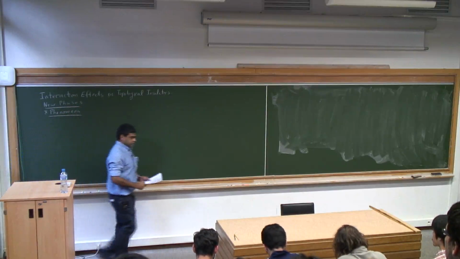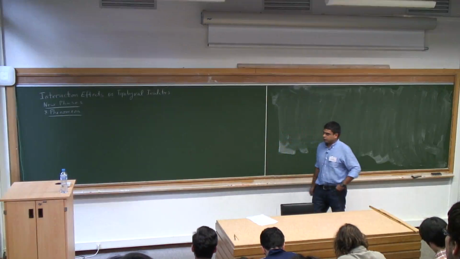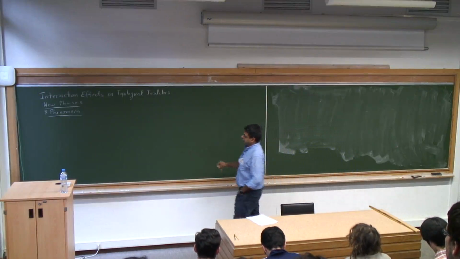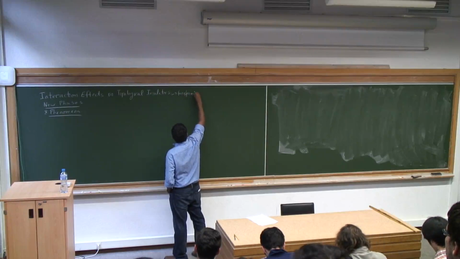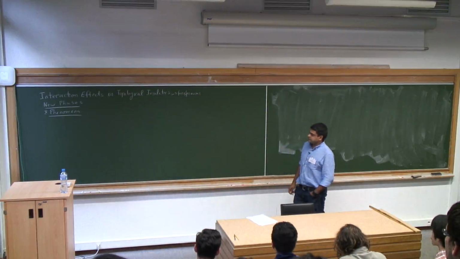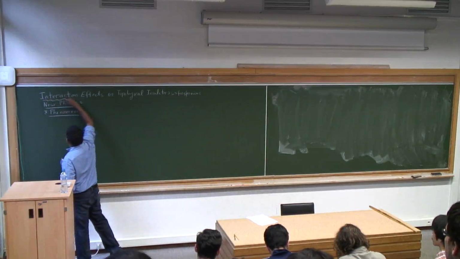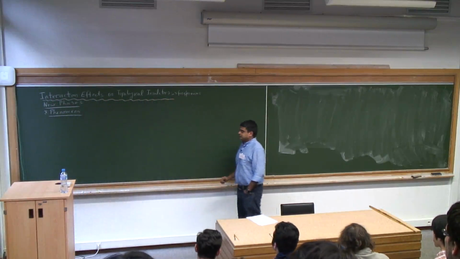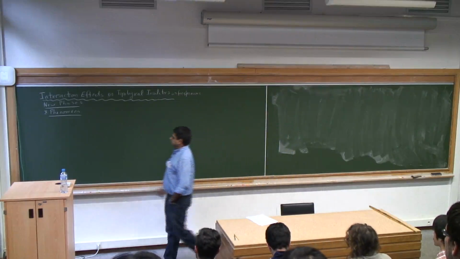Okay, so I'll mainly be talking about interaction effects. So you've heard a lot about topological insulators and essentially thinking about these phases in terms of free fermions. Okay, and the new thing that we'll try to add is interactions, and we'll really be interested in conceptually new physics that arises once you add interactions to these topological insulators. Okay, so let me start by giving you a preview of the kind of results I'd like to get to.